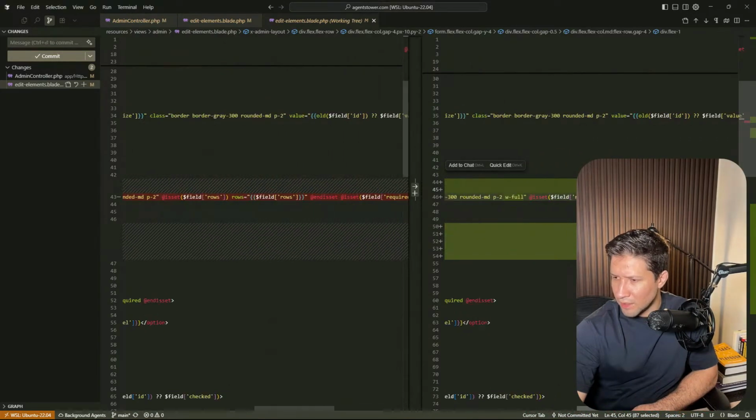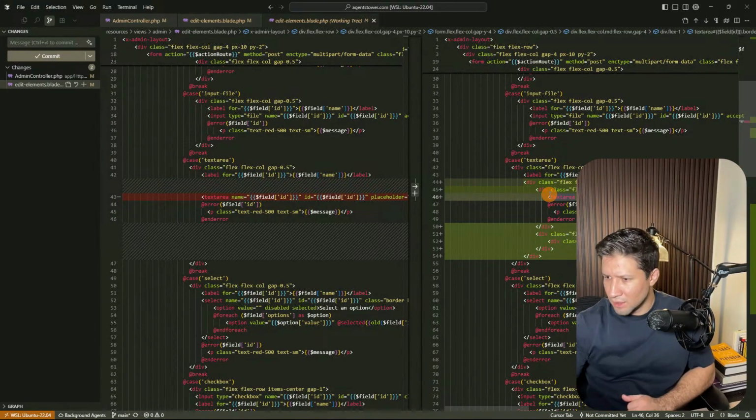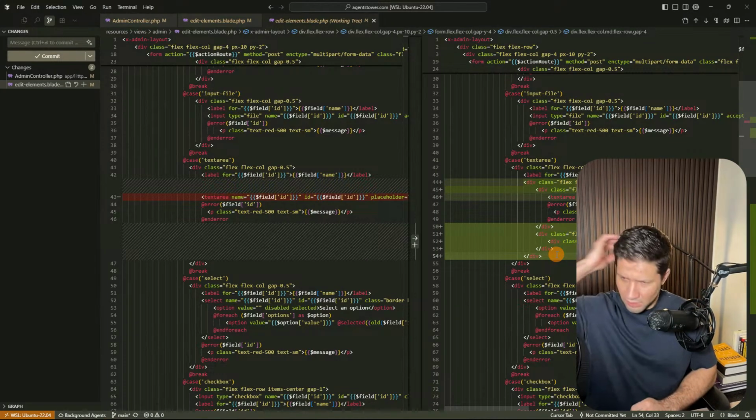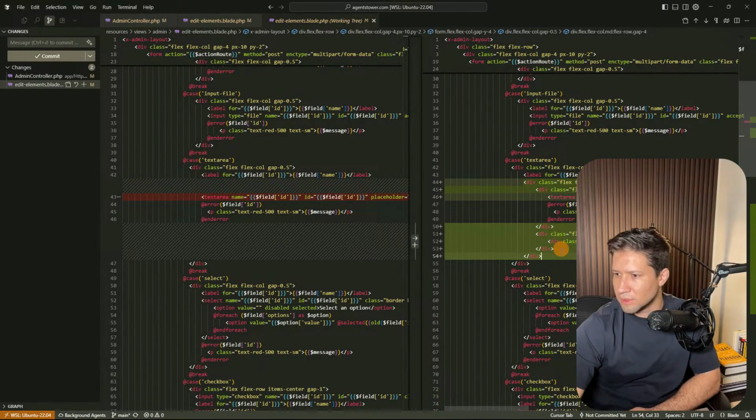So it didn't add anything in this row. Just moved it a little bit to the right. So we just added things. Okay, so we're going to work on this. So let's see. I'm going to